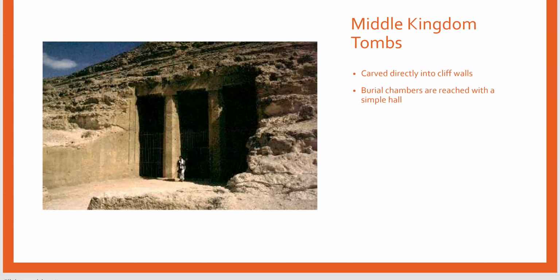So as we move from the Old to the Middle Kingdom, we have tombs being carved directly into these cliff walls. Now, this is usually sandstone, so it's a little bit easier to carve into. It still takes some tools, right? So that tells us that there's some technology, but it's not like they needed to use dynamite and blow things out or something like that. They were able to just methodically remove that material. But with that, when we start adding these pillars, yeah, because you needed support, but they can begin to decorate them, begin to stylize them. It gives us a whole new way of viewing architecture.